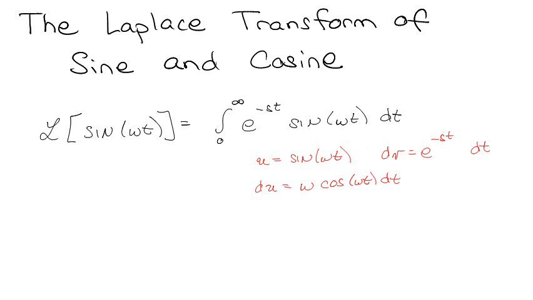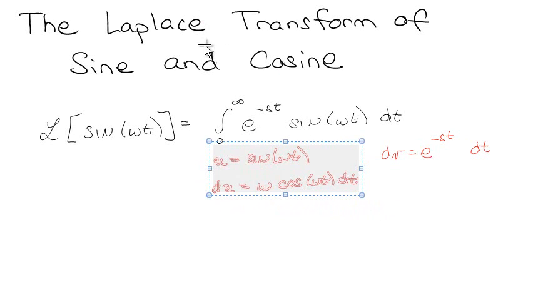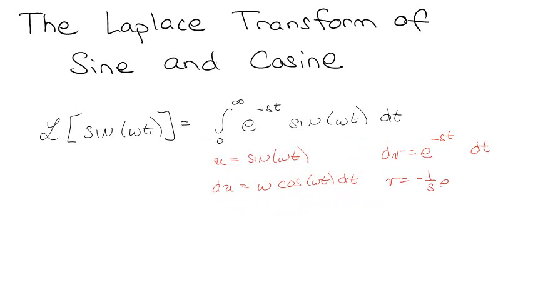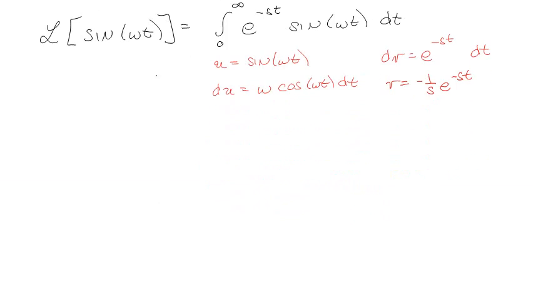And I'm running out of space. And then v is negative 1 over s times e to the minus st. There we go. Okay. So I've got uv, negative 1 over s times e to the minus st sine omega t, minus the integral of v du